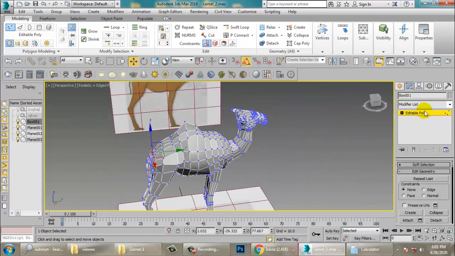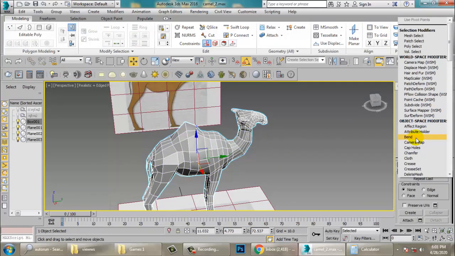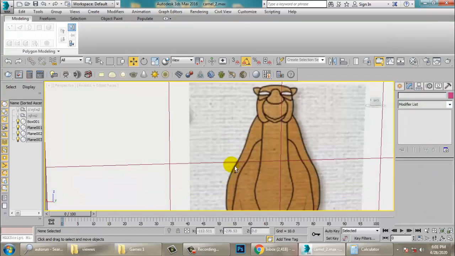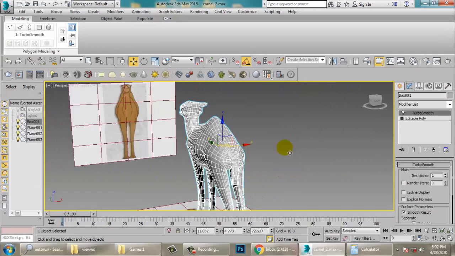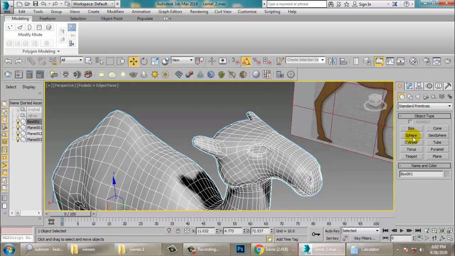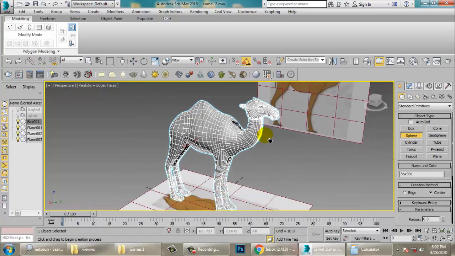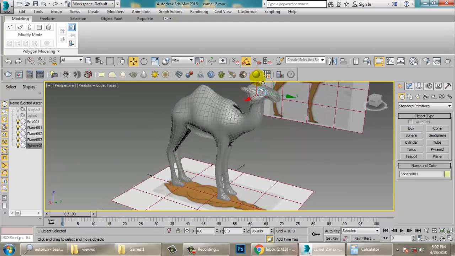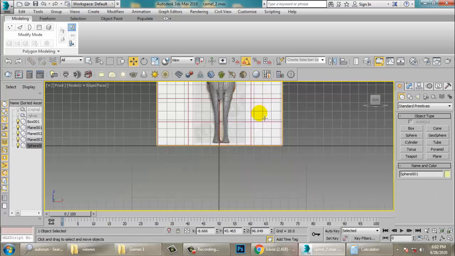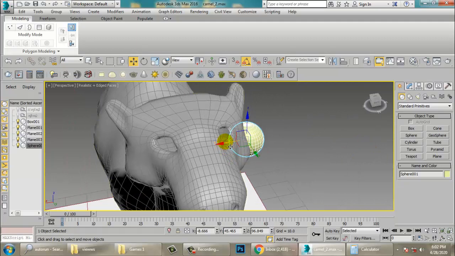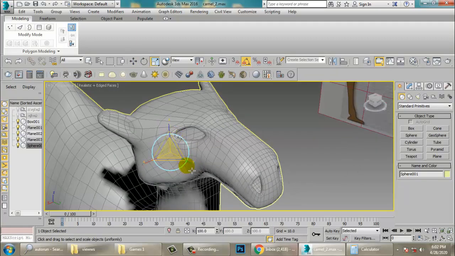So once you have done this, now let's go into this and give a modifier. Let's turbo smooth over here. Yeah, you can use a sphere for the eyeballs over here. So you can use the sphere for the eyeballs. So just push this up.